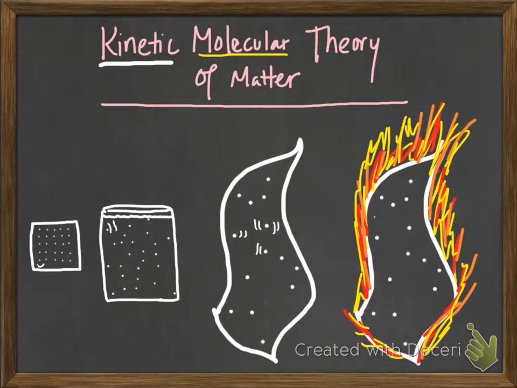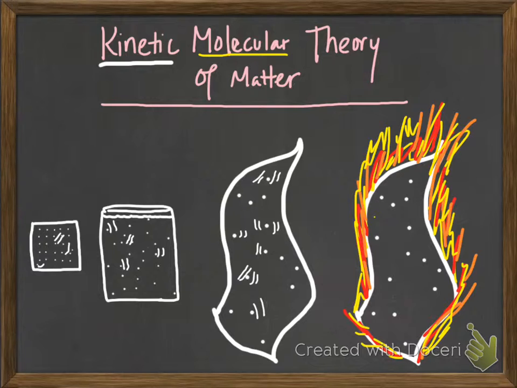So, the particles in a solid, as long as it's above absolute zero, are moving, but they're locked in place, and they're moving relatively slowly. While the particles in a liquid are moving more rapidly, more freely, they're no longer locked in place and are able to slide past one another. And the particles in a gas are moving very rapidly, are definitely able to slide past one another and move very freely. And then we have that other state of matter, plasma, which is like a gas, but we've lit it on fire. It glows. Okay, so that's really all the kinetic molecular theory of matter is.